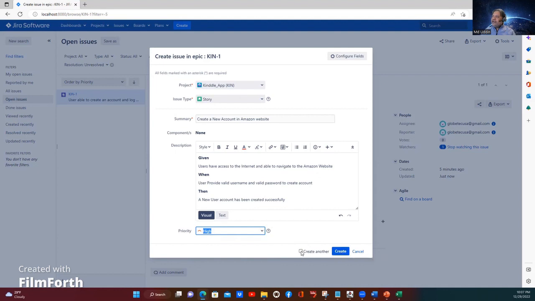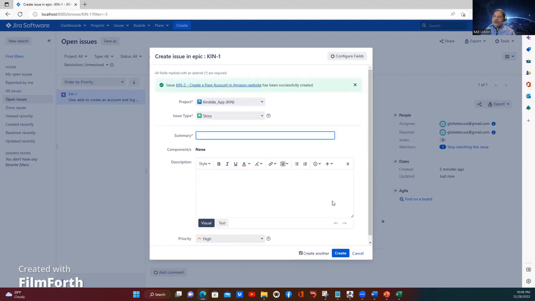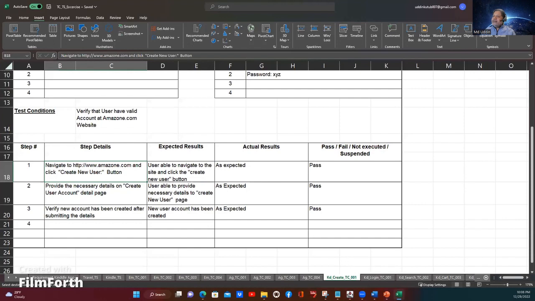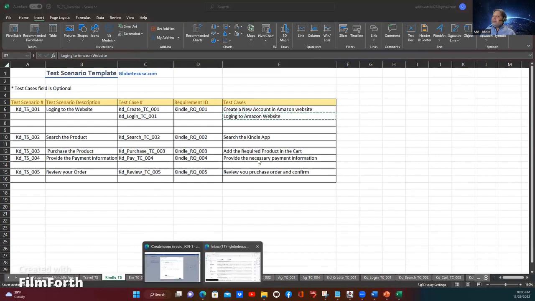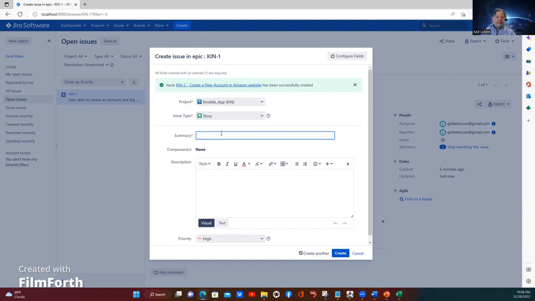And then if you click this one, create another, and click create, it will let you create another story itself. You don't need to go and open it again, right? So here, what are you going to create? We're going to create the second one, right? This one. Yes. So this one will be here, login to the Amazon system, and then